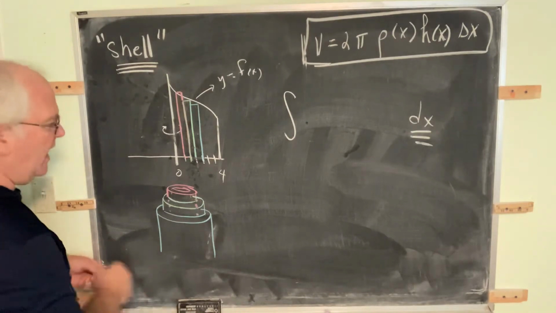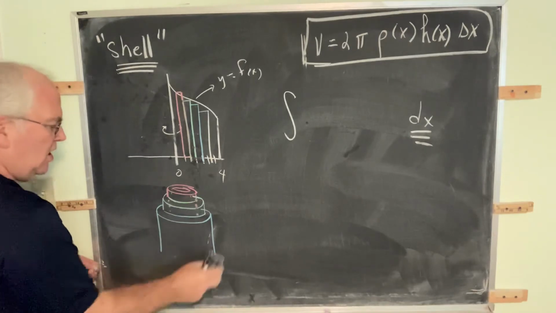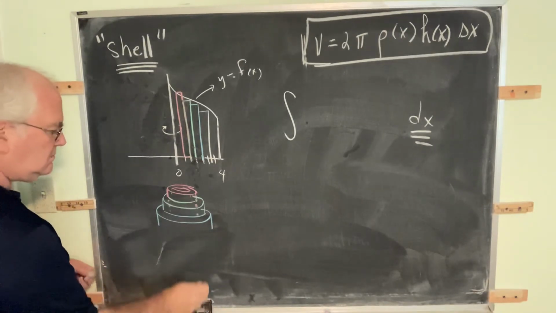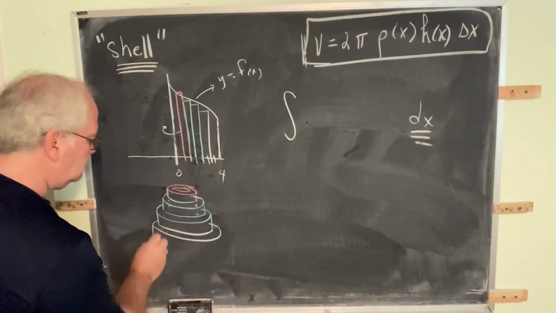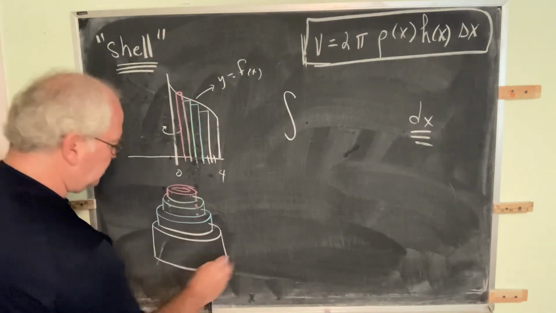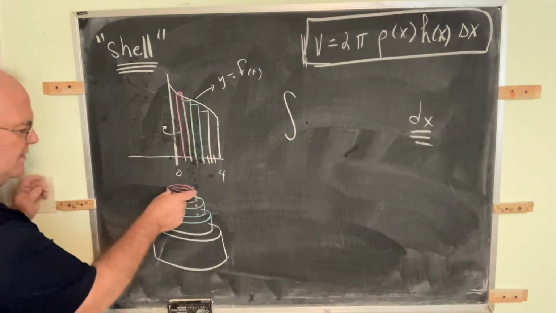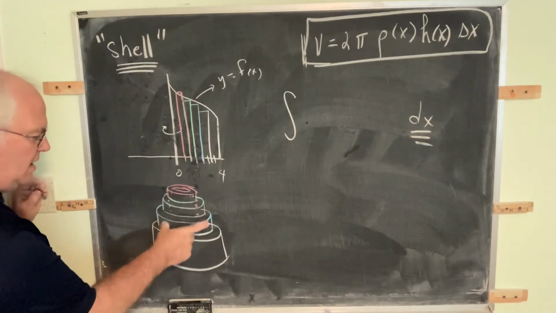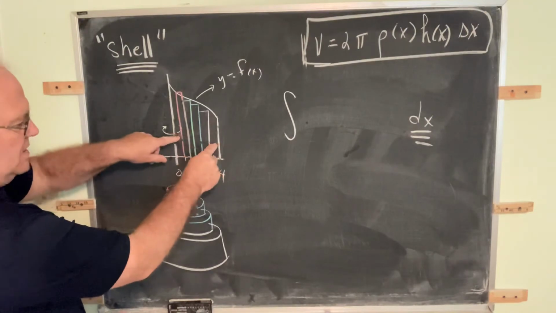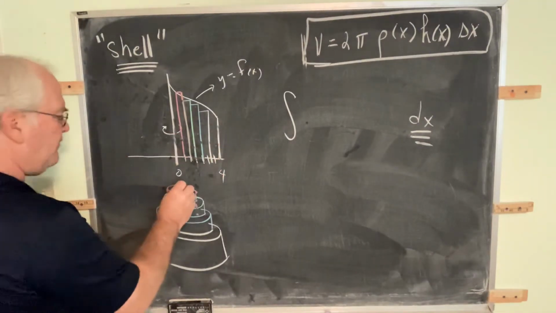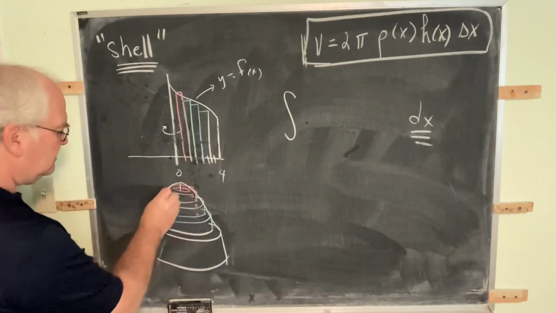And if we rotate the next one over, let's suppose it's this white one now, then that would be slightly larger. It's sort of like a birthday cake, but it actually is a collection of pipes that have been nested in here, because this red goes all the way down, this green goes all the way down, this blue goes all the way down. And if we do that for all of this region, then what we can say is, if we want to find the volume of that solid,